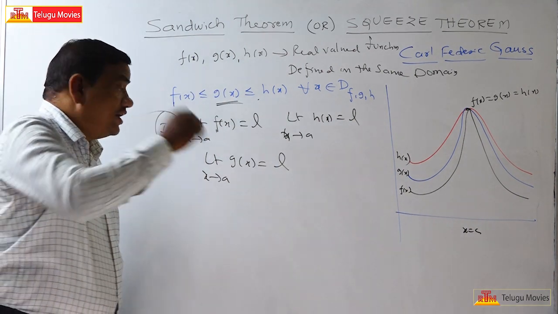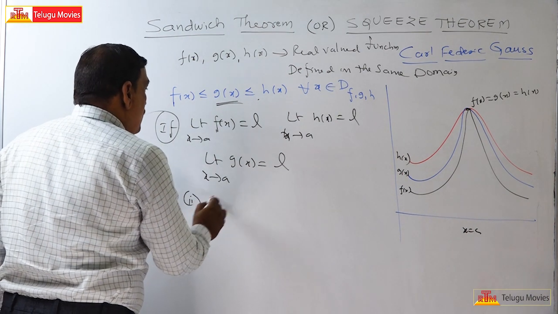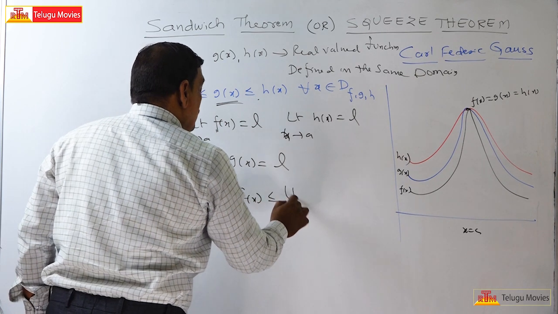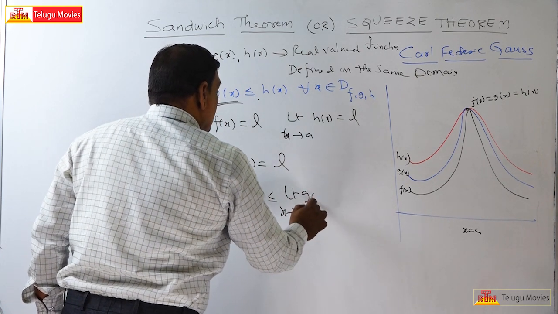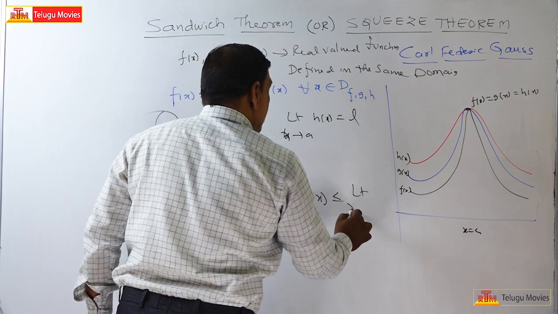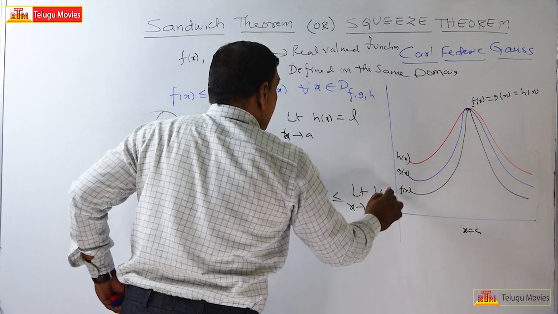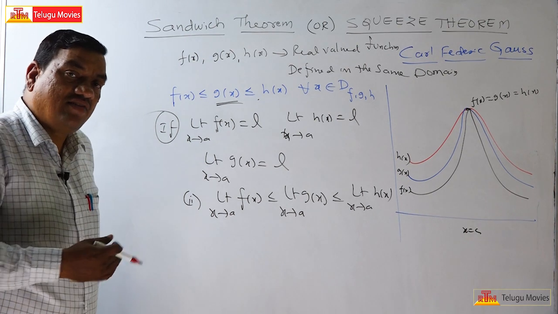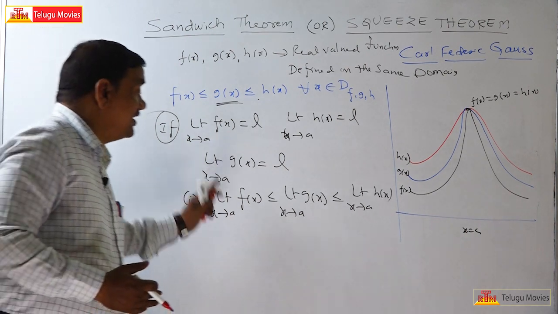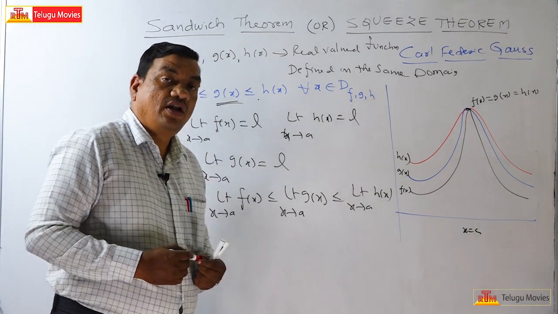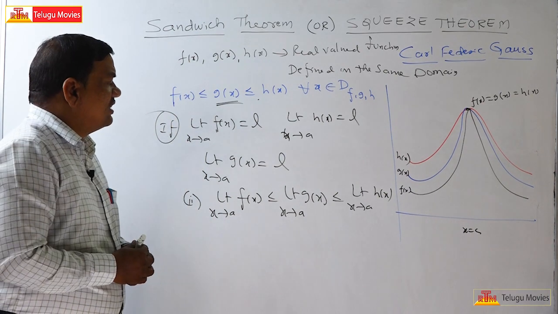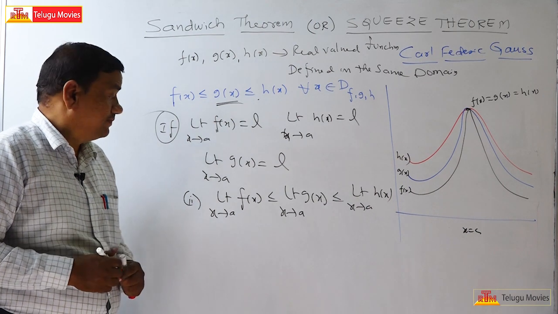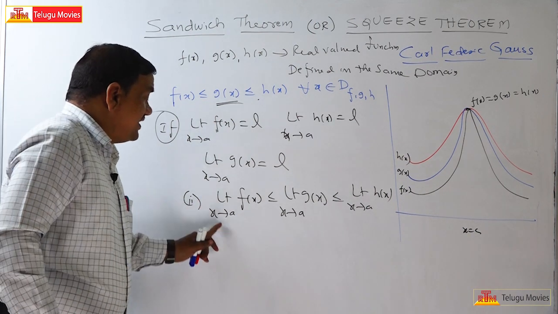And according to the previous concept, this also follows: the limit as x tends to a of f of x is less than or equal to the limit of g of x, which is less than or equal to the limit of h of x. If we take the less-than concept, the limit values also will be in increasing order. Now, the very important thing that you have to remember is, as x tends to a,